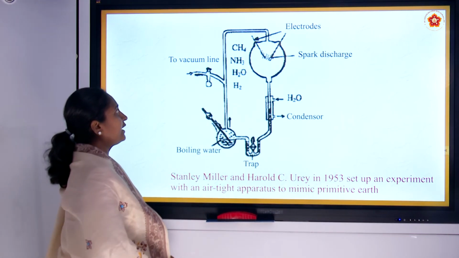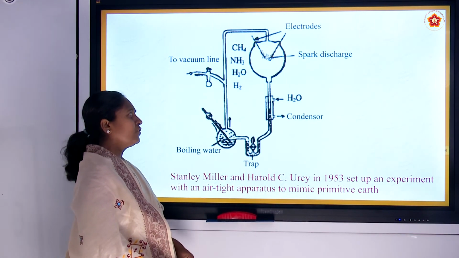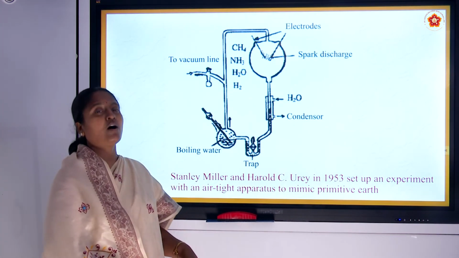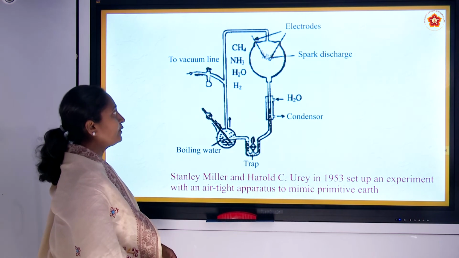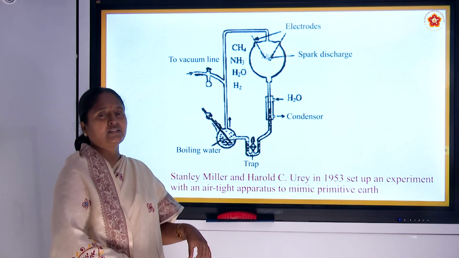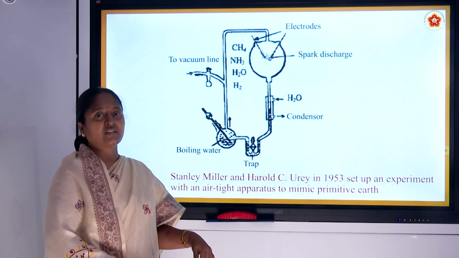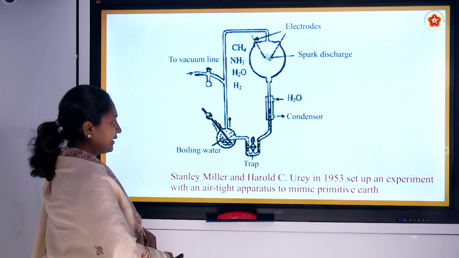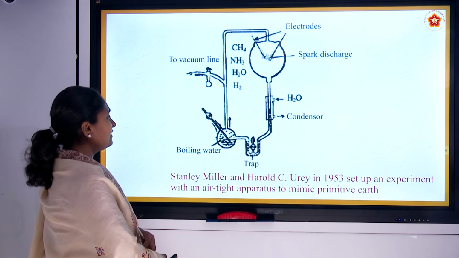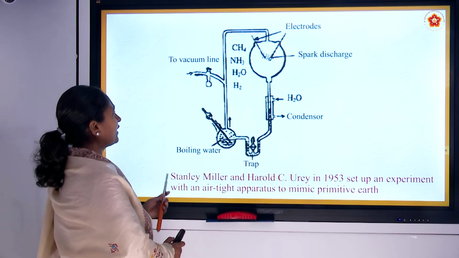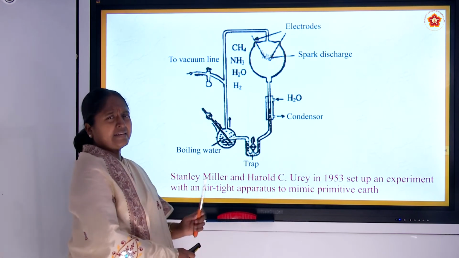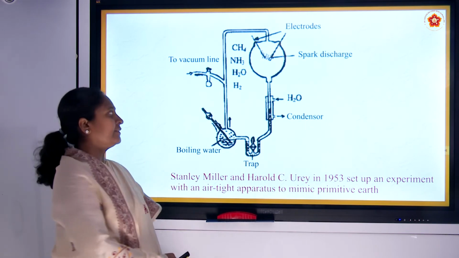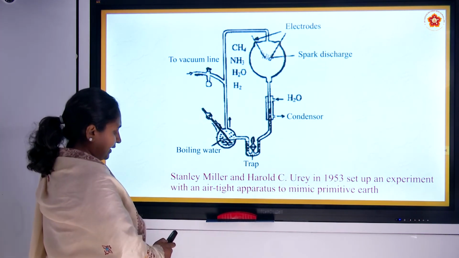So this is how they created an environment to mimic the early environment, that is 5 million years ago, how the earth was, and they could prove the chemosynthetic theory, the third stage of the chemosynthetic theory was proved using this experimental setup. It is an airtight container, right? So you cannot see anywhere the gas getting leaked or environmental contaminants or gas entering inside the environment. It is an airtight container.